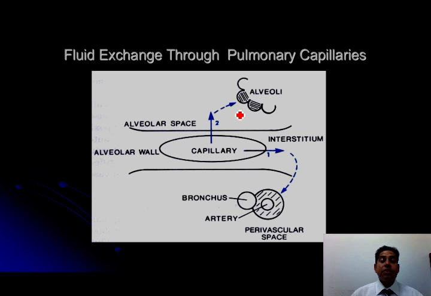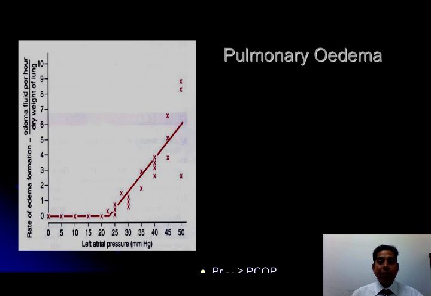Now, this is going to be difficult because gas exchange will be affected, because diffusion will be affected. So these are the two ways in which fluid exchanges across capillaries, and any alteration in this will lead to an interstitial edema or an alveolar edema. Now the pulmonary edema